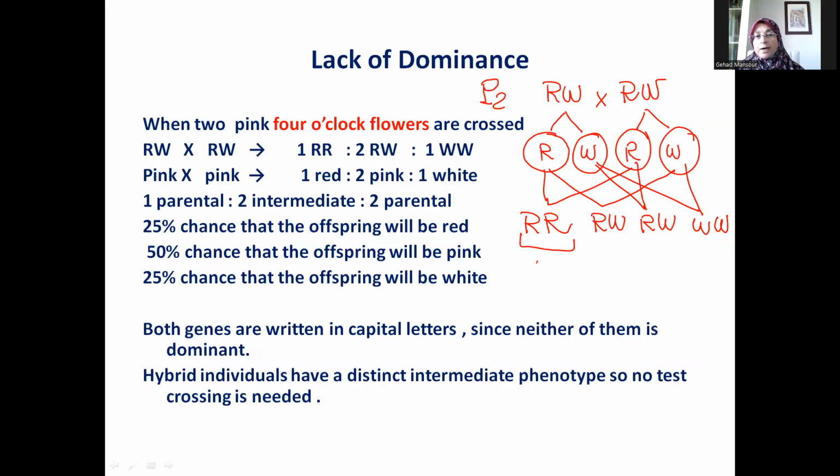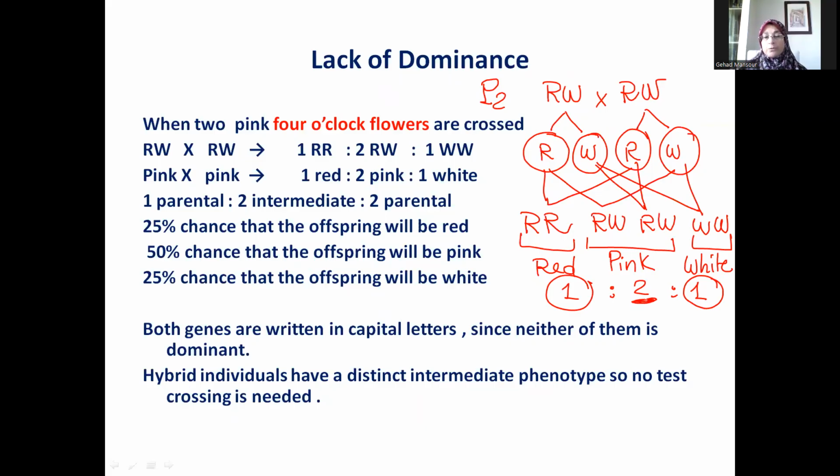So here we have 25% of the offspring being red, and 25% of the offspring being white, and we have the pink offspring. So the ratio is actually 1 to 2 to 1: 1 parental, 1 parental, and 2 intermediate,